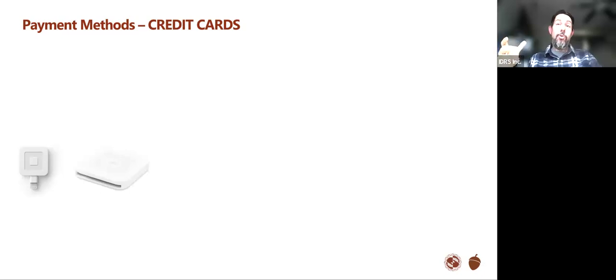So Square came out with a different type of reader. And there's also, in this, I'll mention two different types of technology. As you can see on this little device, it's going to be hard. I'll show you the logo in just a few minutes. But there's two different types of technologies here that you're getting from a reader like this, because you're not swiping any longer. You can either tap to pay,